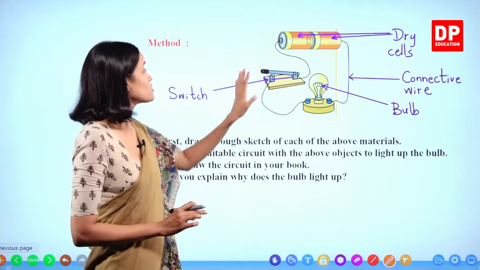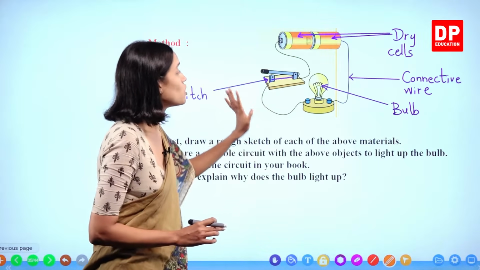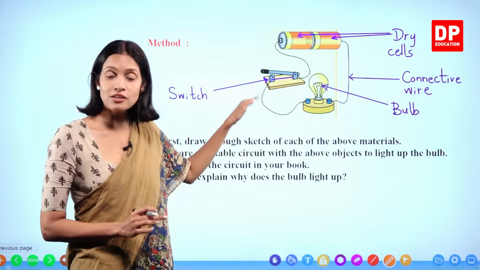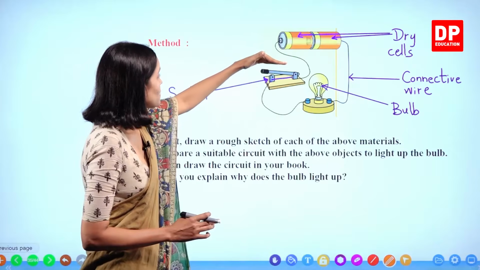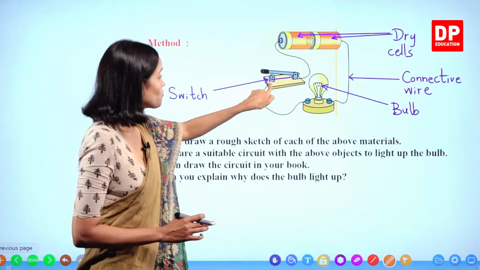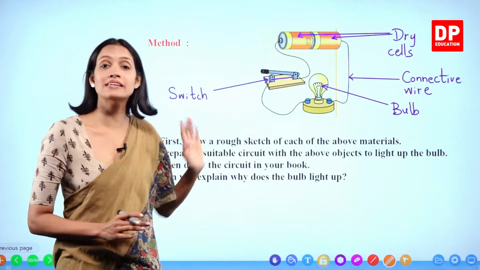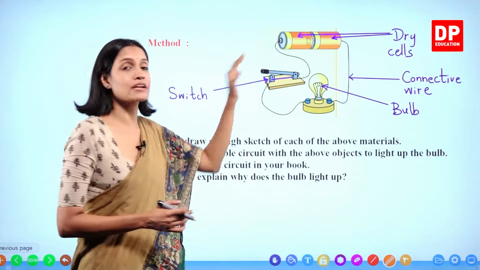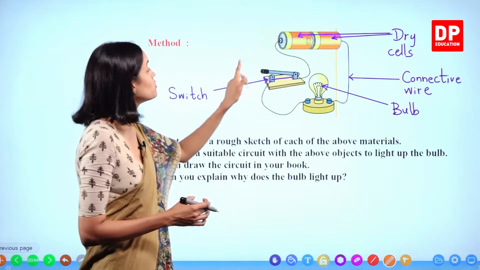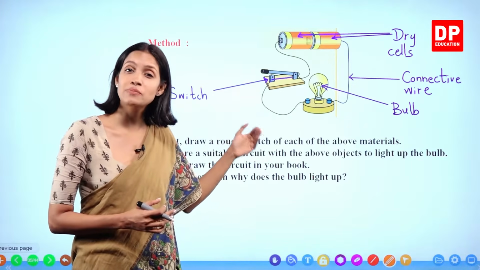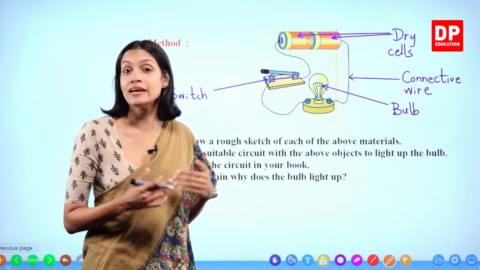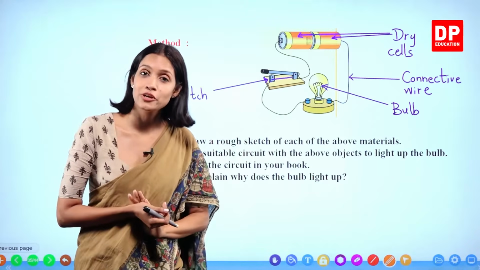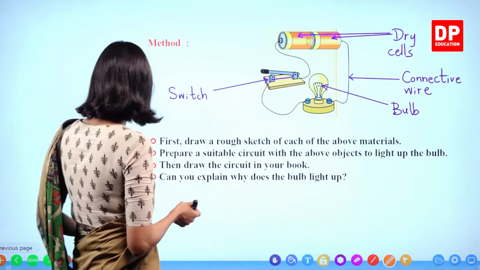Okay, children? Because of the switch, it's very easy to observe that the circuit becomes a closed circuit when the switch is closed, when all the areas of the circuit are connected to each other, right? When the circuit is closed, electricity flows through it. When you open the switch, what happens? The circuit becomes an open circuit and at that time, electricity does not flow and the bulb will not light up. Okay, children? Let's write this